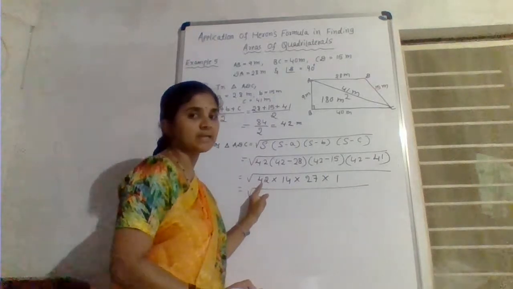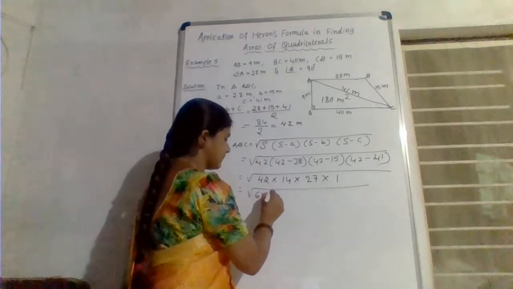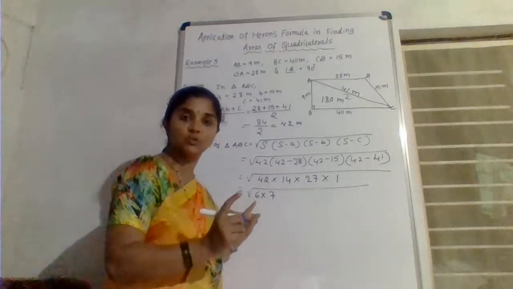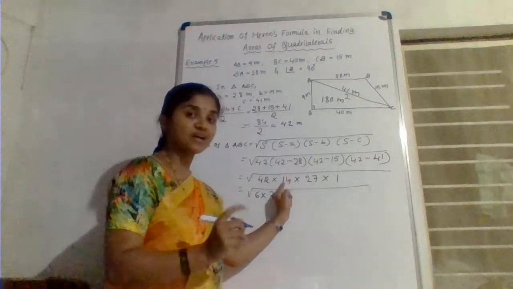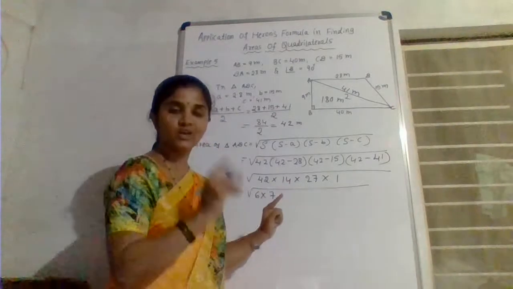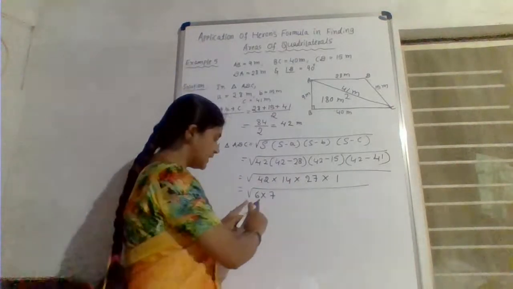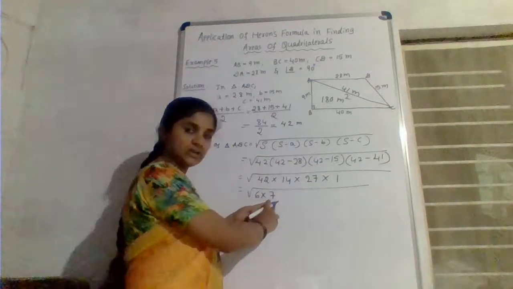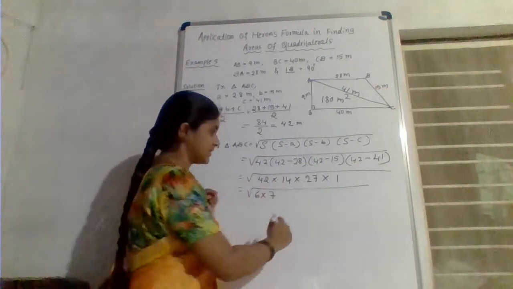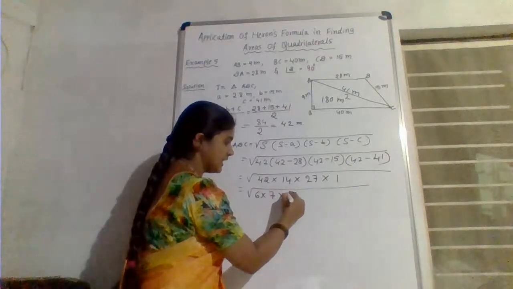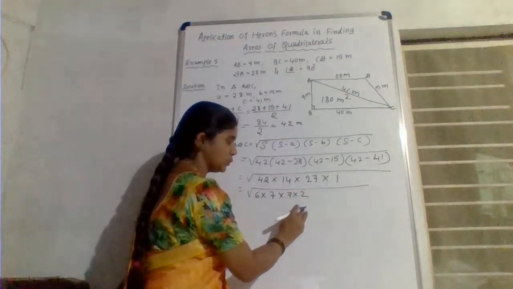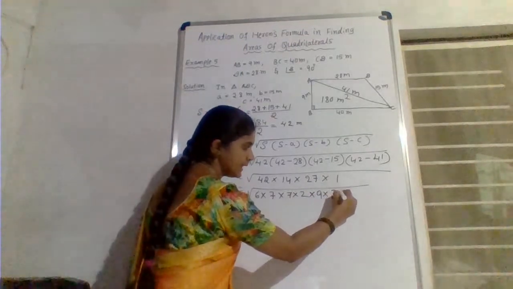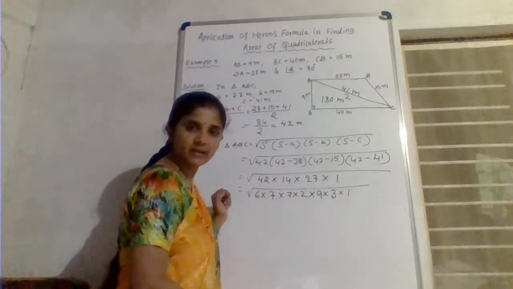Okay, yes. So now square root of 42. How can we split 42 actually? So 6 into 7. Can we write like this? Further you can think that 6 you can take as 3 twos are 6. So that here 2 twos are 4, again you will get a perfect square number. Got the idea now? So instead of writing 6 you can take 3 into 2 into 7 also. In the next step I'll write that one. So next 14, that is 7 into 2. Now 9 threes are 27, into 1. Got the idea of this step?